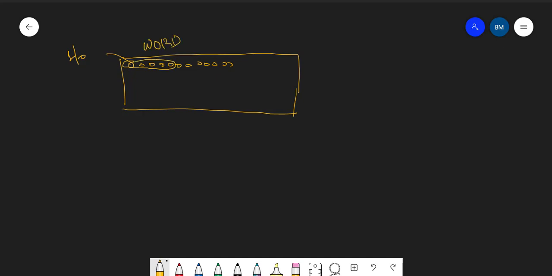So this is word 1, and let's say this is word 2. How many of these are collected together depends upon the architecture of your computer. Sometimes it may be 8 bits. One of these spaces is known as a bit. So it may be 8 bit, 16 bit, or 4 bit, depending upon your architecture. Each of these locations is given an address, starting from 0, 1, 2, 3.